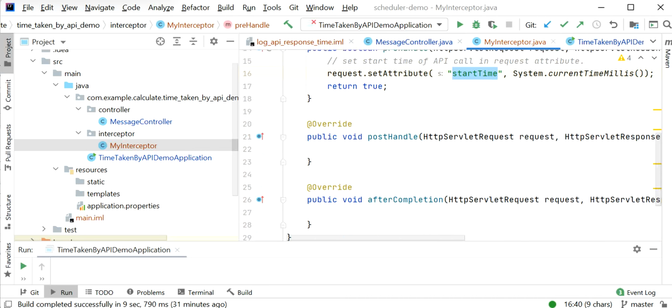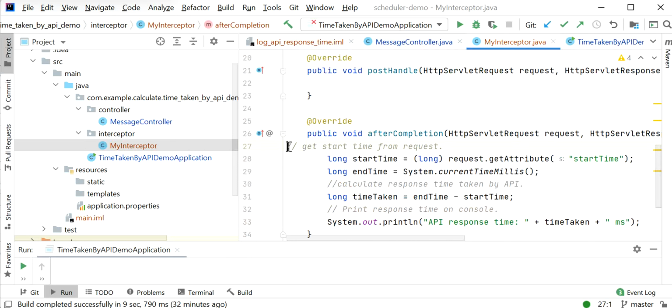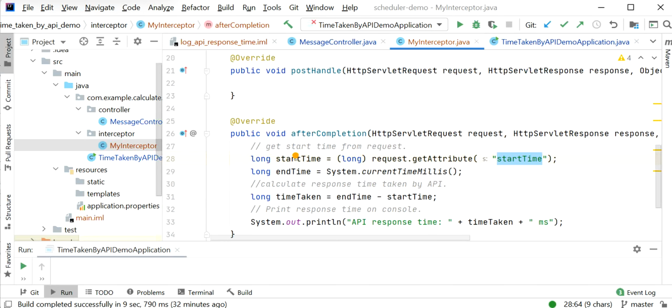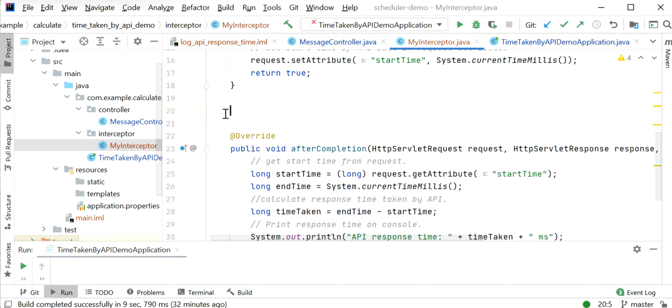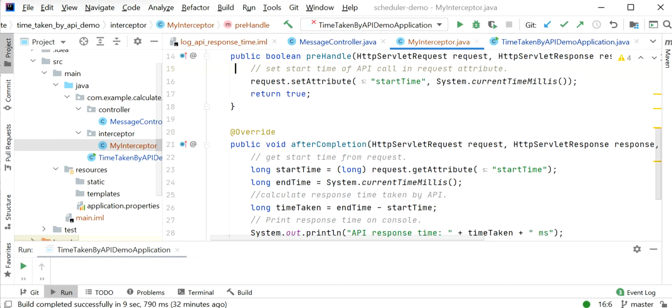Now let me go to our afterCompletion method. Here I will call System.currentTimeMillis again to get the end time. First I will get the start time from the startTime attribute that we used in the preHandle method. I will remove postHandle because I will not use this method.